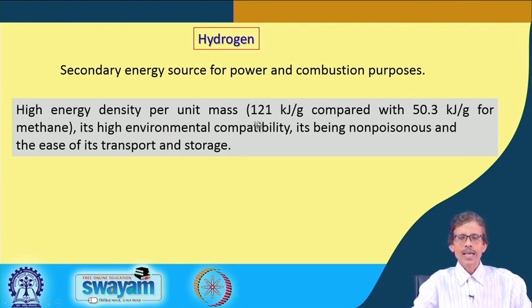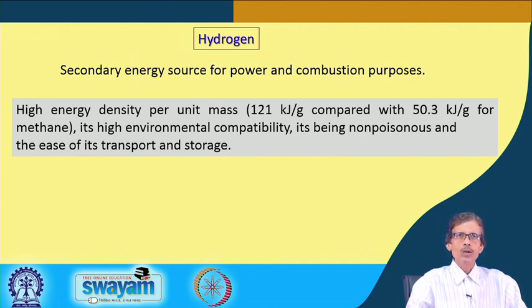It has 121 kilojoule per gram, which is very high compared to 50.3 kilojoule per gram for methane, which is the main component of the compressed natural gas we utilize from our natural petroleum sources, along with the petrochemicals we get the corresponding CNG. If we simply compare methane and hydrogen, hydrogen will give you